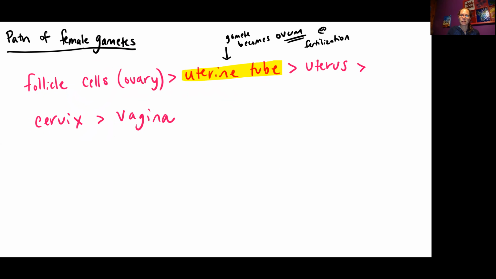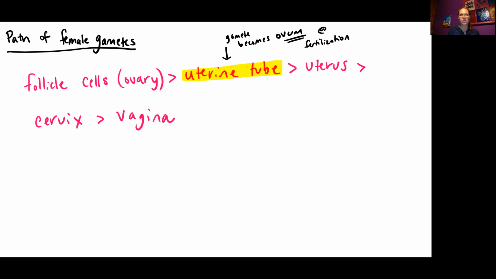The female gamete is produced in the ovary. That is, of course, the gonads for the female, and there are a set of follicle cells in the ovary that are going to surround that developing gamete. So that's similar to the nurse cells that we saw in the male. And then we'll see that the whole production of making that gamete is much more complicated in the female than in the male. Actually, the cell that is released by the ovary is an immature ovum, or you can call